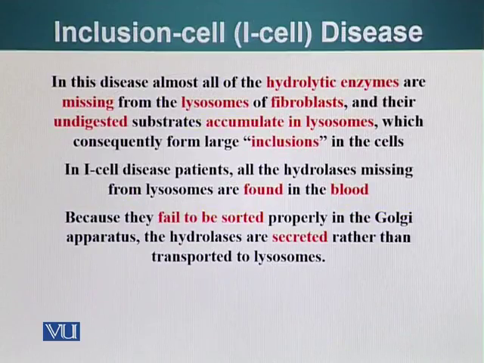The function of lysosome is very, very important. There is a class of diseases called I-cell diseases. In these diseases, hydrolytic enzymes are missing from lysosomes of the fibroblasts, and the undigested substrate accumulates in the lysosome, which consequently forms large inclusion bodies in the cell. Therefore, this disease is called inclusion cell disease or I-cell disease. In I-cell disease, patients' hydrolases are missing from the lysosomes and are actually present in the blood, because they fail to be sorted out properly in the Golgi apparatus, and the hydrolases are secreted rather than being